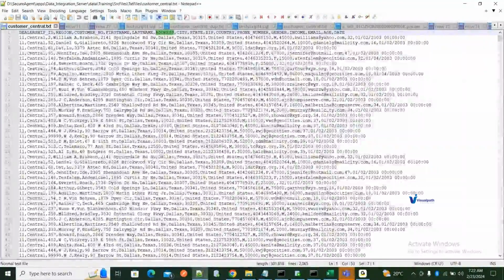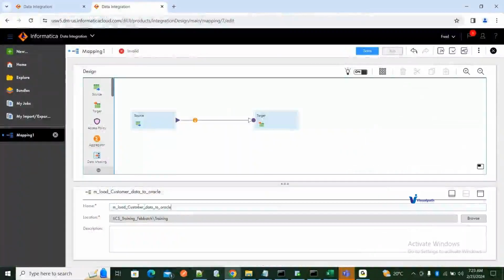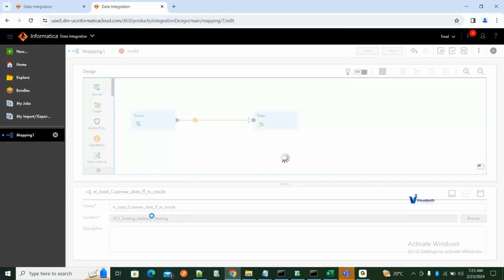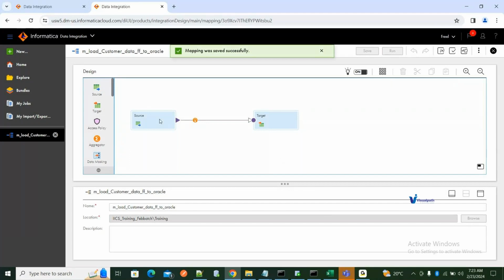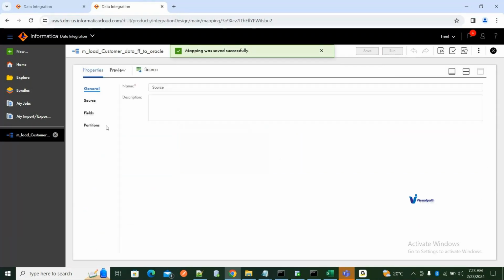Okay, let's look at a simple scenario to begin with. Now, when I say customer data, I just put FF. FF stands for flat file. Okay, flat file to Oracle. I'll go to source. Just save this so that the name gets saved here. Go to your source, maximize this, click on source again,